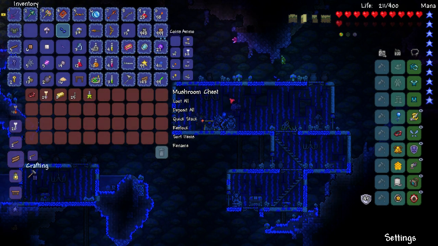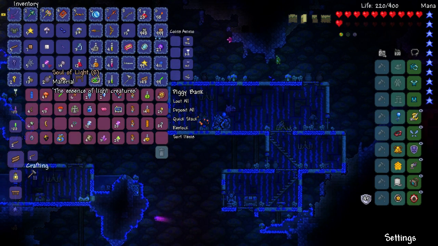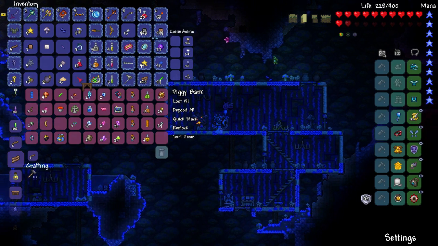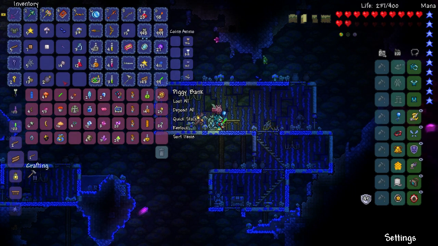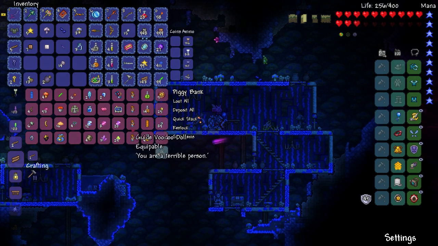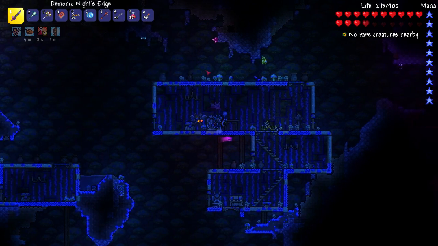Let's open this up. Oh, I have that quick stack. So Souls of Light go in there. Wooden table I'll just put right there. Pixie dust, and I don't need this stuff. Okay, so